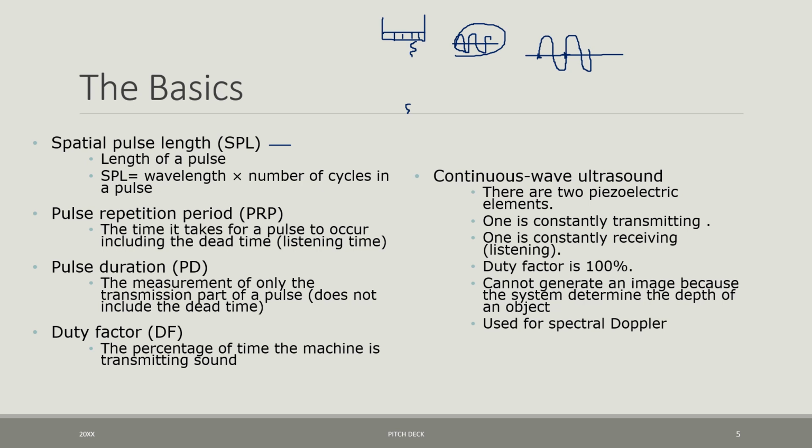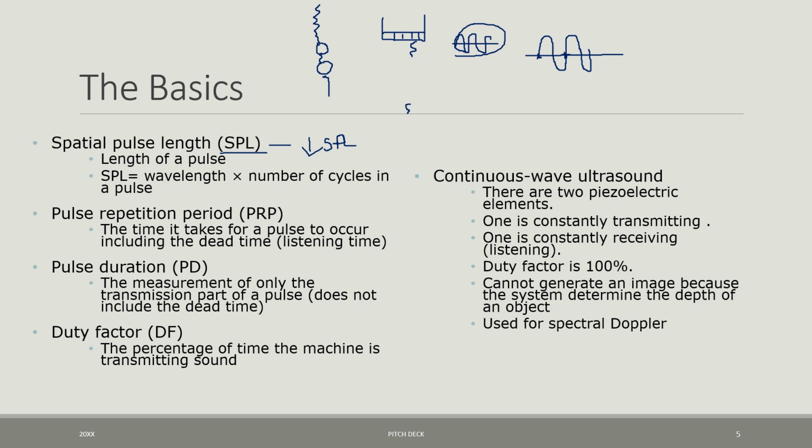Now, you might wonder what this has to do with anything, but one of the most important functions of spatial pulse length is that it determines our axial resolution, which we're going to talk about in a little bit, of our image. So axial resolution is determined by spatial pulse length. Axial resolution is the ability of our system to define 2 objects placed front to back in a scanning volume. So if we have a small spatial pulse length,